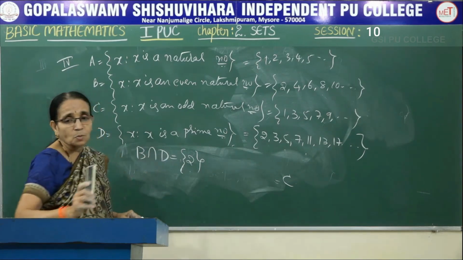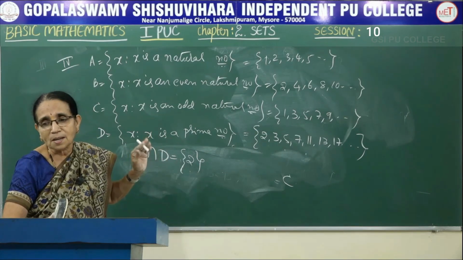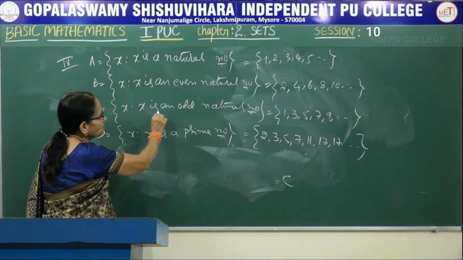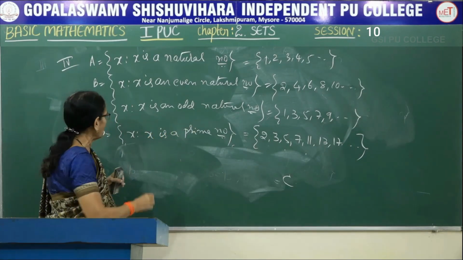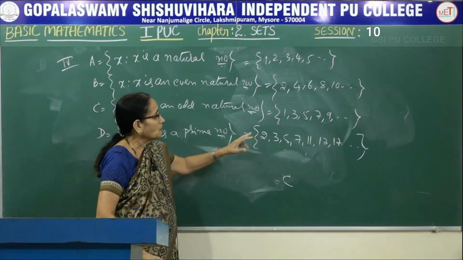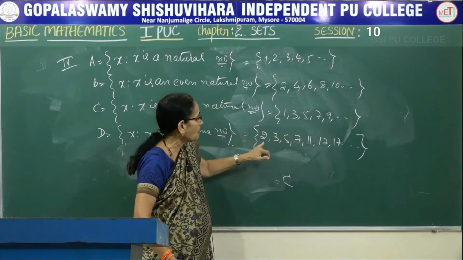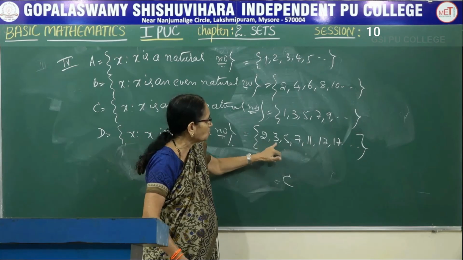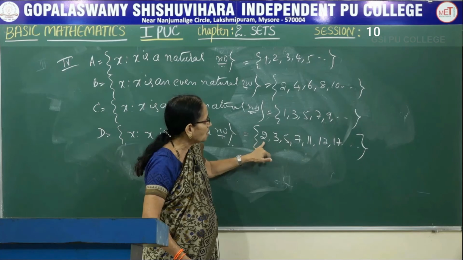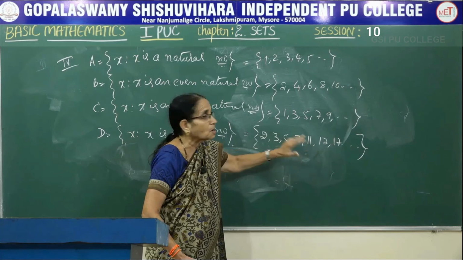Now, one more set I am considering with these sets here. C intersection D. Look at the elements of C and D. C is a set containing the odd natural numbers. D is a set containing the prime numbers. Now here 1, 3, 5, 7, 9. It is consecutive odd numbers we are having. Whereas here it is not consecutive. 2, 3, 5. Of course, I am considering only the prime numbers here. 2 is the only even prime number. Observe, all the remaining prime numbers are odd numbers.